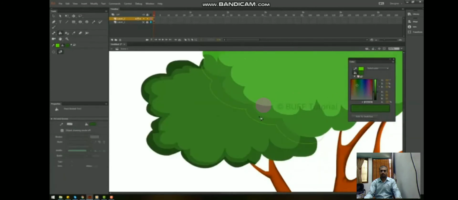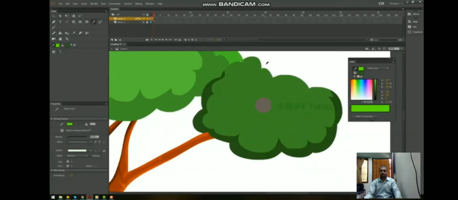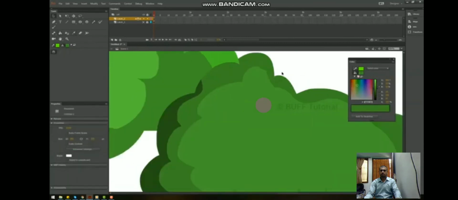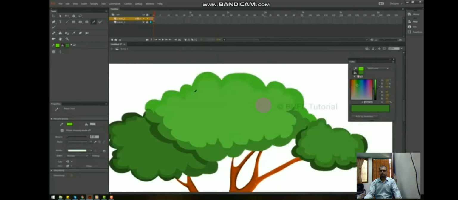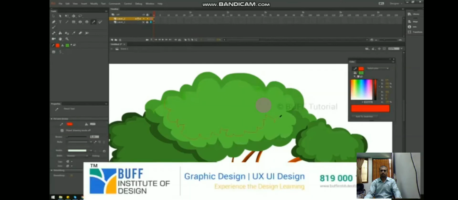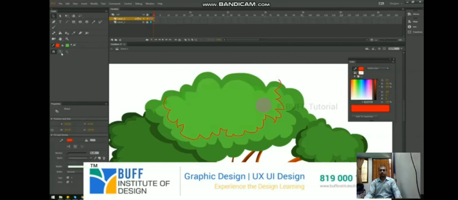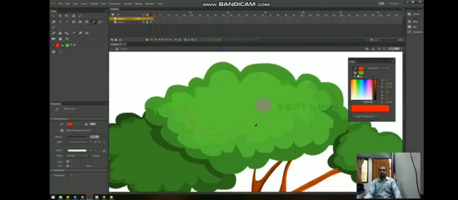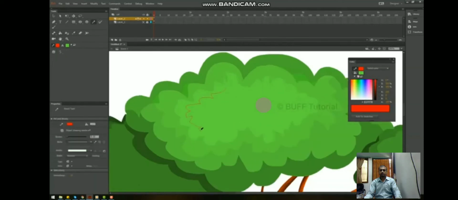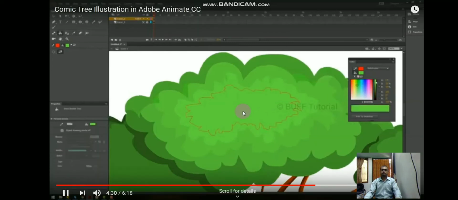Like the same we will do it for the leaves. This is not taking that much time. This is very easy, and this software is very popular. This is very good software to draw this. Now again and again we will draw the line, and again we will select some light shades for this area. Now you can see again and again I am drawing the line, and I am choosing only the light shades for this tree.